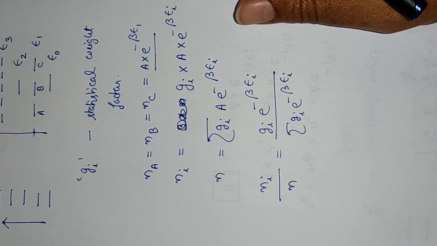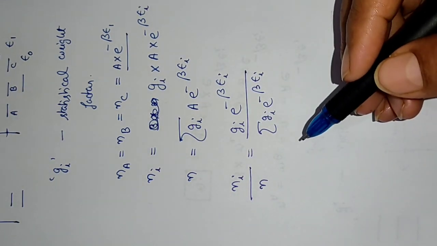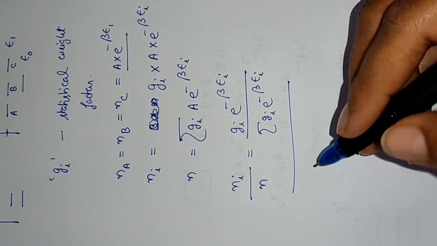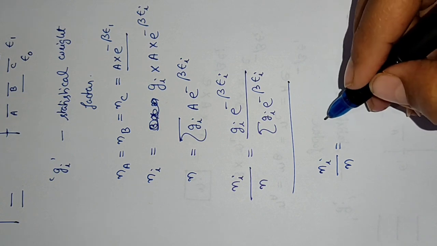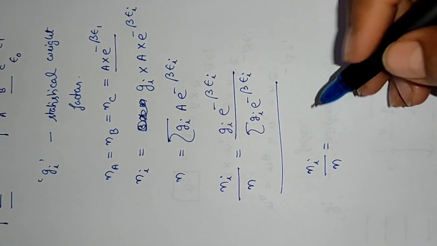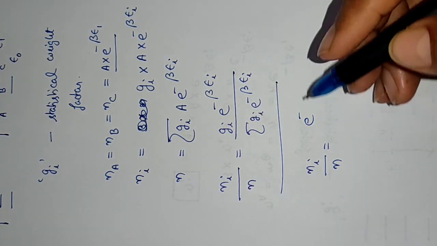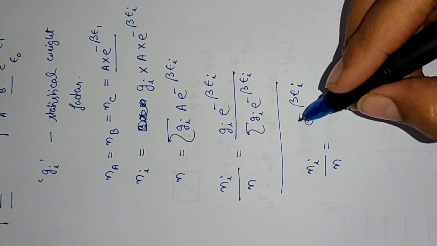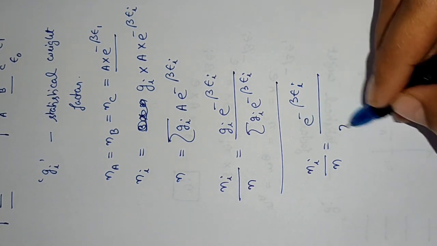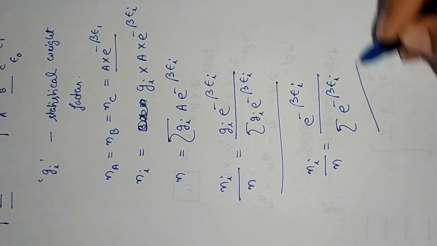And if for any level we get the number of degeneracy equal to 1, then we will get the equation as we have obtained in the previous lecture, which is valid for non-degenerate states only. We put Gi equal to 1 in case of non-degenerate states, there will be no degeneracy. So this is the answer.